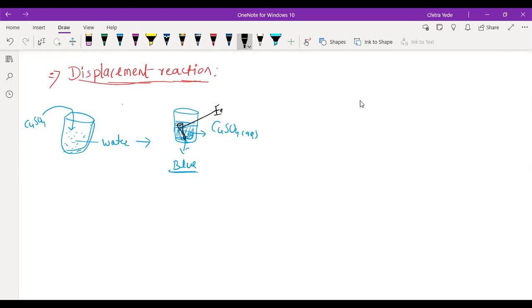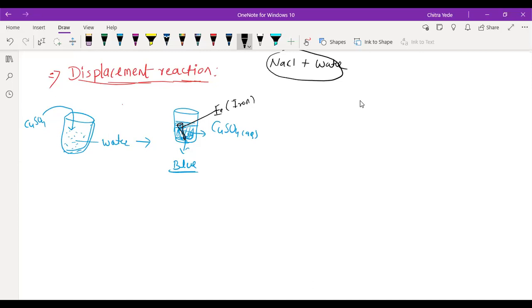What is aqueous? Aqueous solution. Aqueous means the solution of any substance in water. If we add sodium chloride, NaCl, that we use every day in our food, in our daily diet, and dissolve it in water, then we call it aqueous solution of NaCl, meaning the solution of NaCl in water. Understood?